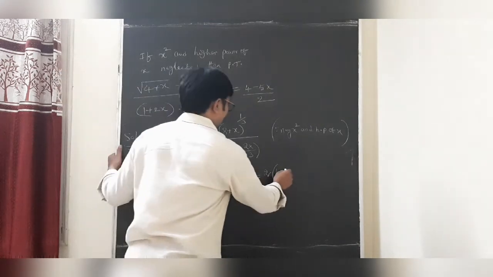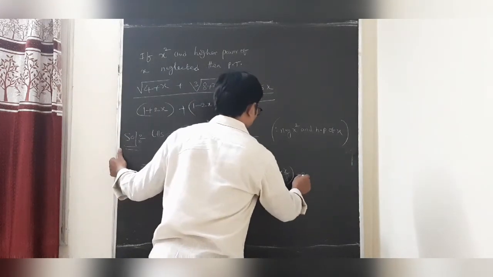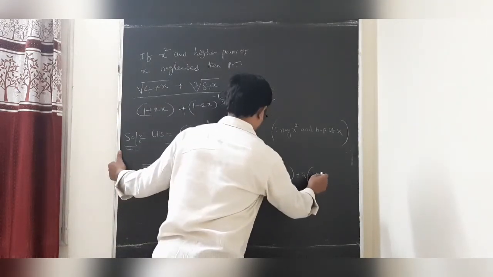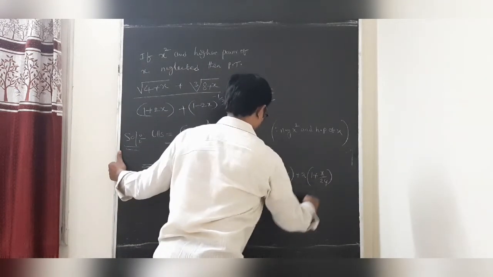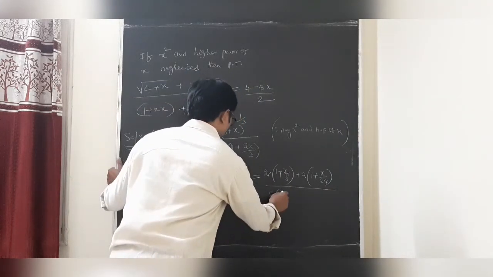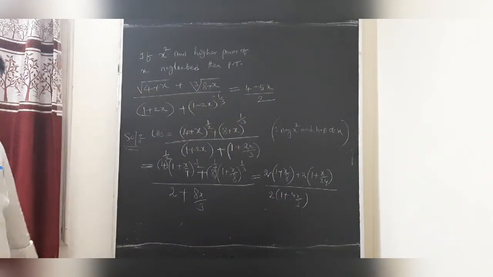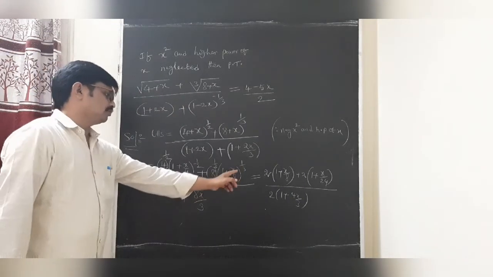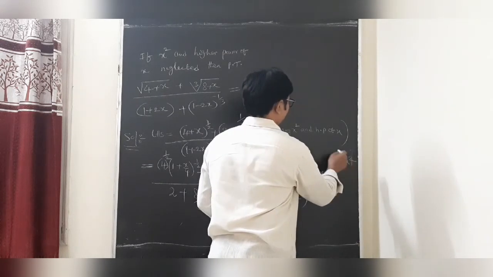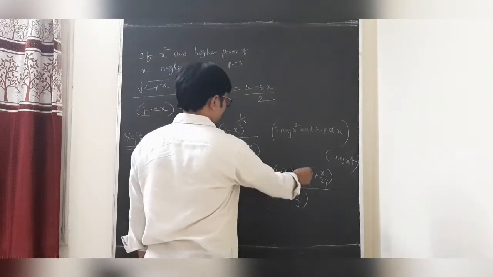That is 1 plus nx, x by 8. So students, this is 2 cube, again 2. Then it will be 1 plus nx, that is x by 24. So dear students, 2 is the common, 1 plus 4x by 3. My dear students, here we can write 1 plus nx. Here also 1 plus nx, since we can write neglecting x square and higher power of x. So students, these are cancelled.